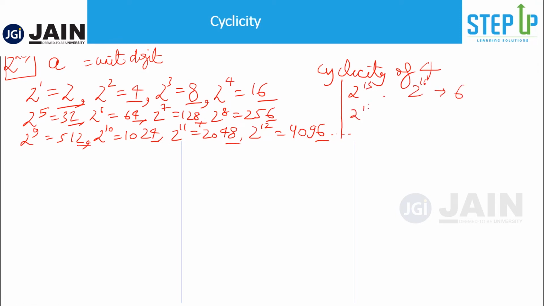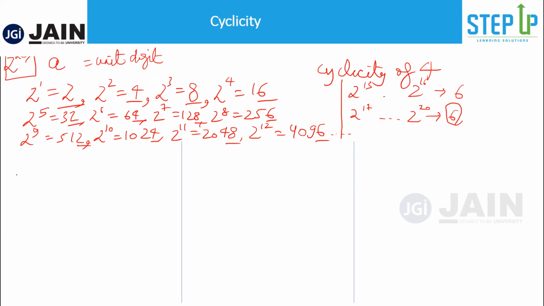Similarly, if you start from 2 to the power 17, again 2 to the power 20, this 2 to the power 20 last digit would again also be 6. That means its unit digit would be 6. So we need not do all of this. Once we know the pattern and it's repeating after every 4th power, I can now say 2 to the power 20, the unit digit would be 6 without even writing all these powers, right?